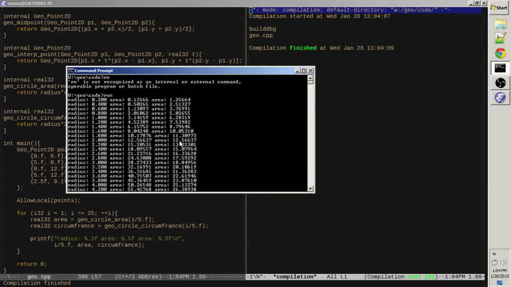At a radius of 2, the area and the circumference are the same. That's a fun little thing too. If you do the math, it makes sense. They should both be 4 pi, right? Well, anyway,